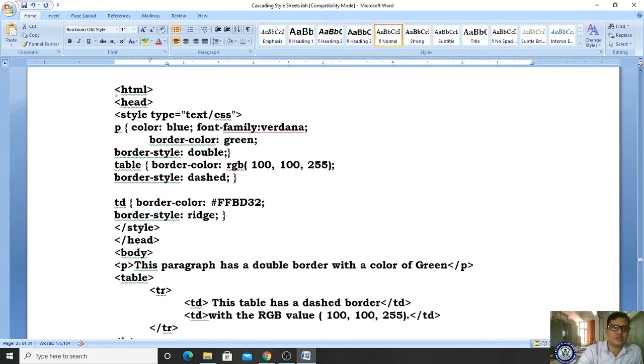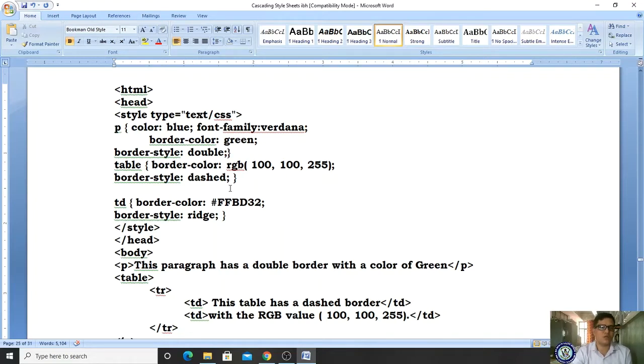Here we are using the style sheets, the style tag. Within the style tag, wherever the paragraph appears, the color for your paragraph is blue, the font family is Verdana, the border color you are specifying as green, and the border style as double.